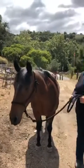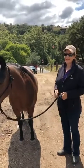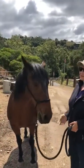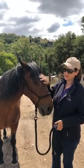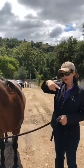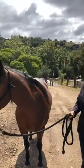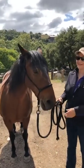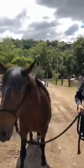So we drove down, and she said, she's a little hard to catch, so bring some treats. Well, 4 hours later, there's no way we were going to catch her. She was going to have to come up and decide that she wanted to do that. So we tied a whole bunch of different lead ropes from the trailer, and then we ran out of rope, so we got some baling twine, and we made a mini round pen, and we corralled her in there. After like 3 hours, we finally did that, and after 45 minutes of me working with her,